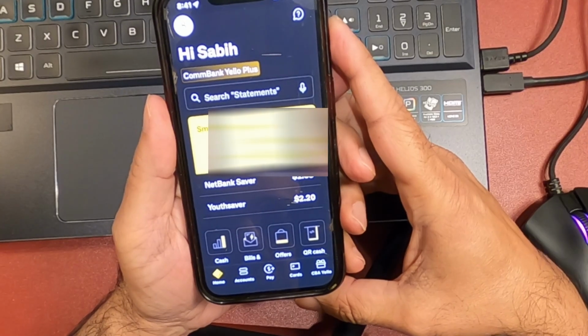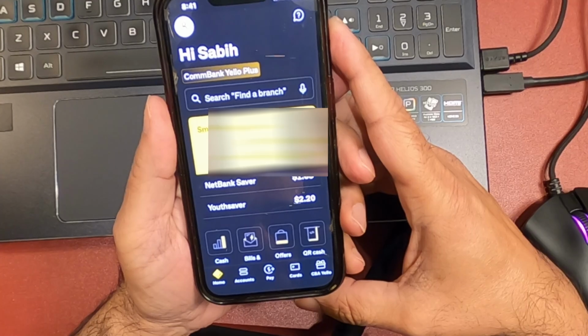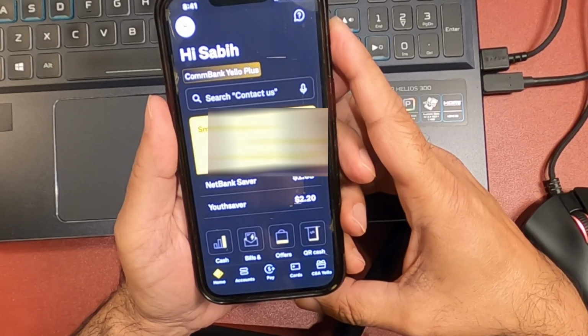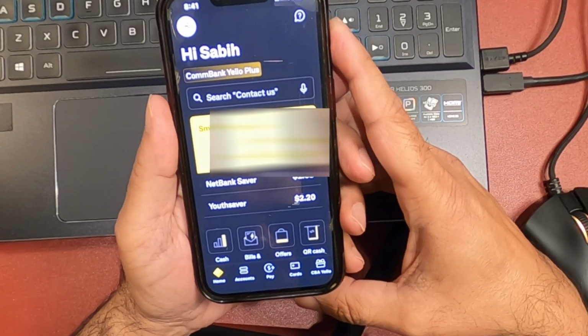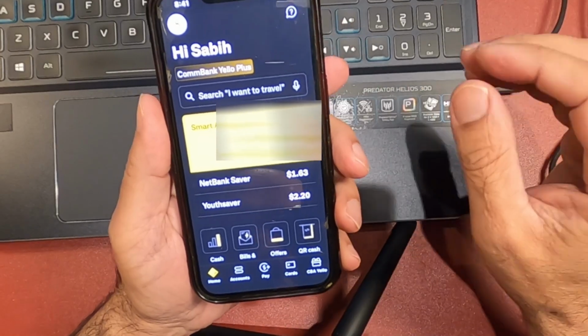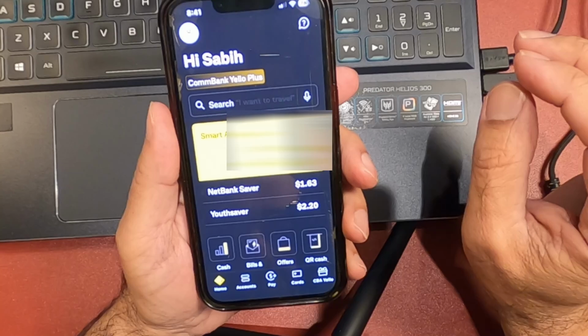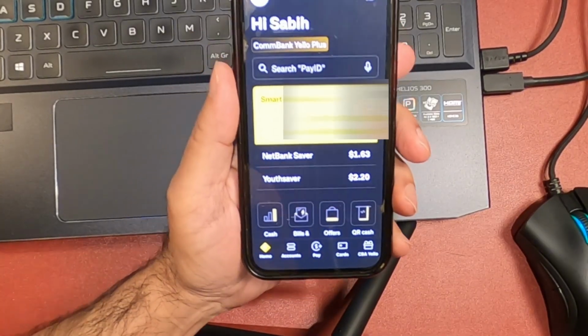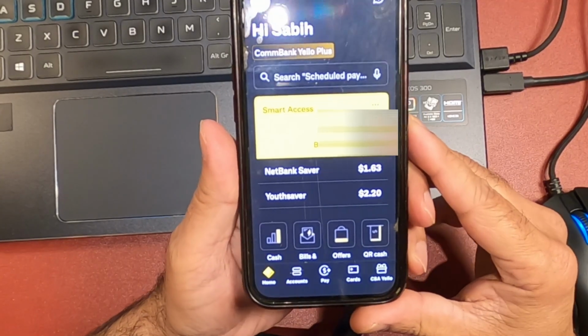So in today's video I will tell you how to use cardless cash to take money out from your bank account, and also at the same time I will show you how to deposit money into the bank with cardless cash. So right now I'm on my cell phone, on my Commonwealth Bank app, and all you need to